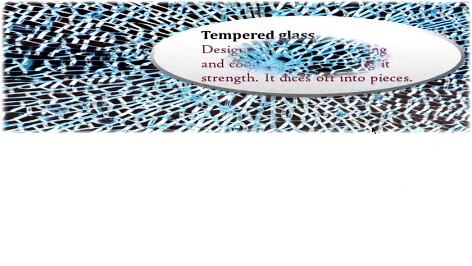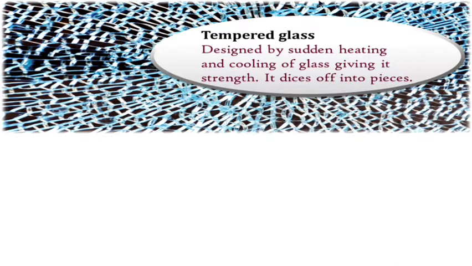So next coming to the tempered glass. These kinds of glasses are designed in such a way that they are heated to high temperatures and cooled suddenly, so that this kind of process gives the glass good tensile strength, so that it does not break quickly. And if, because of high stress beyond its required strength, it does break, it just dices off, it breaks into small pieces. This tempered glass you can see in our mobile phones on top of the display, so that it protects the display.